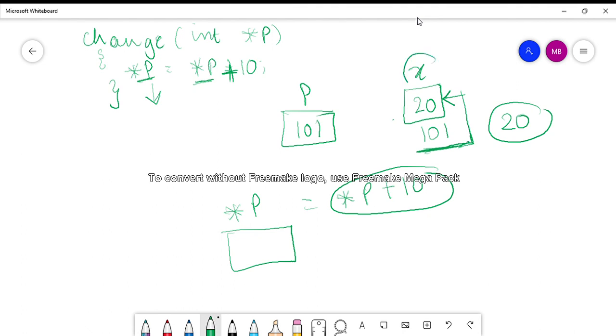Here it is x, in main it can be a. So that way the changes won't be reflected if I don't return the value. But if I directly target the memory location, whatever changes are made in the function will be reflected in main also. The memory location of x is 101, which is passed as the argument, so the memory location is not changing.